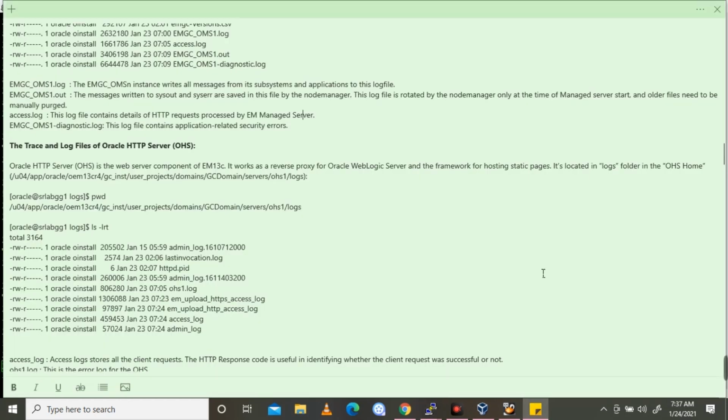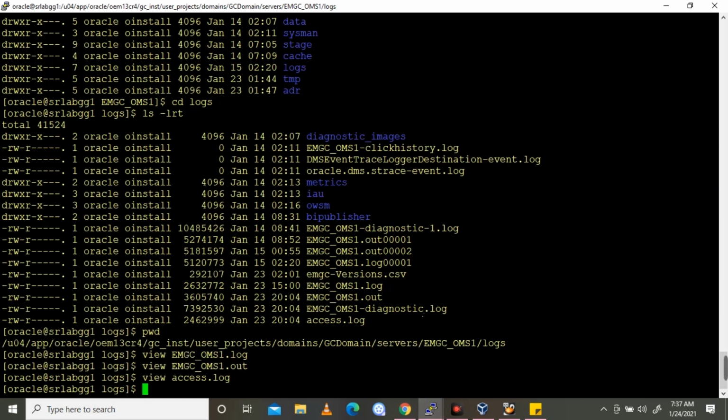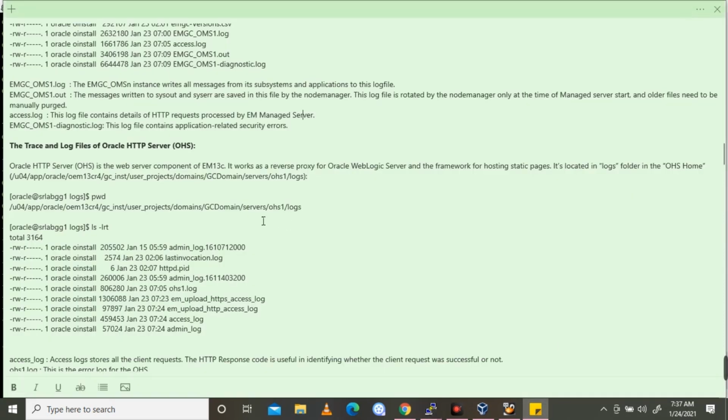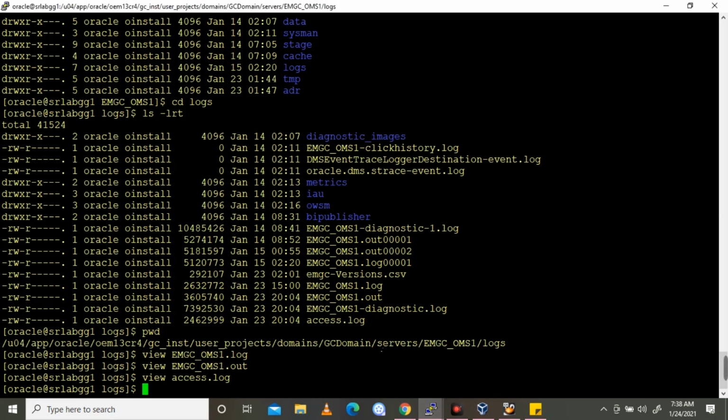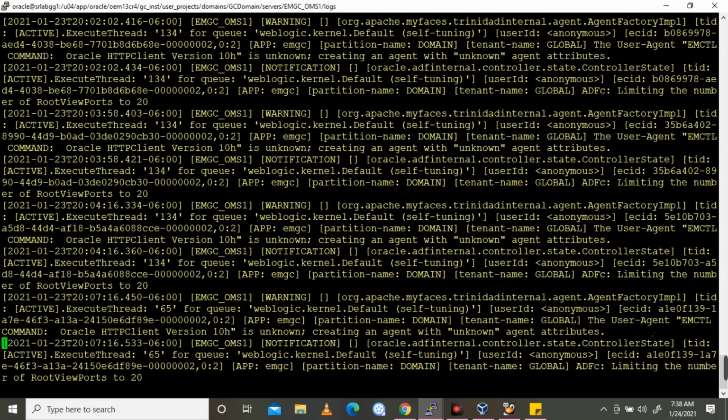Next one, EMGC_OMS1 diagnostic log. The log file contains application related security errors. So this log file contains security errors, the diagnostic log.